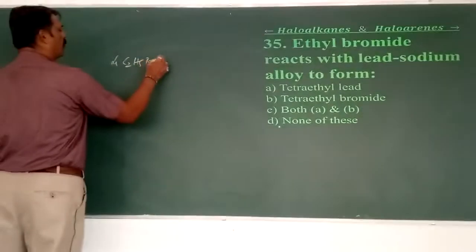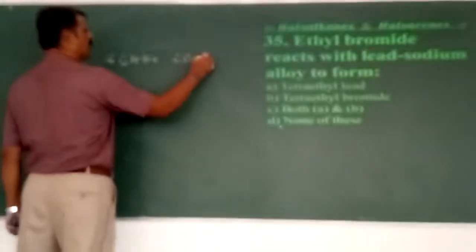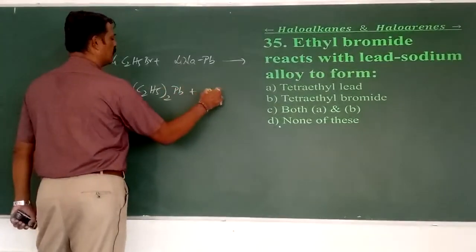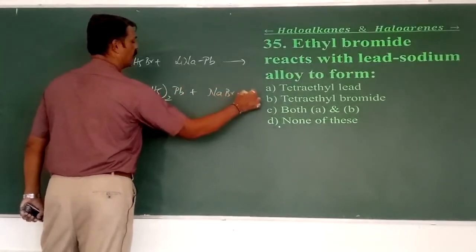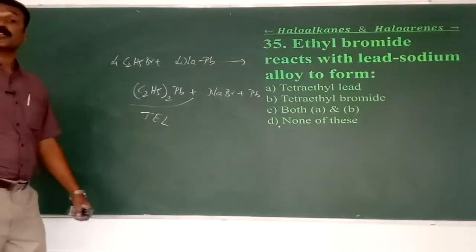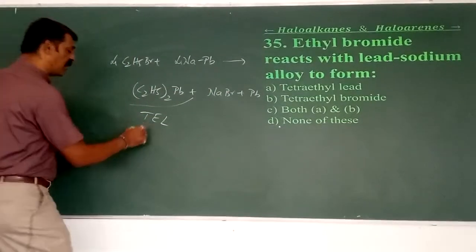C2H5Br, ethyl bromide, made to react with an alloy. What is that alloy here? NaPb, sodium lead alloy, to form (C2H5)4Pb plus NaBr plus Pb. You balance this one. This is called TEL. What is TEL? Tetraethyl lead, which is an example for an